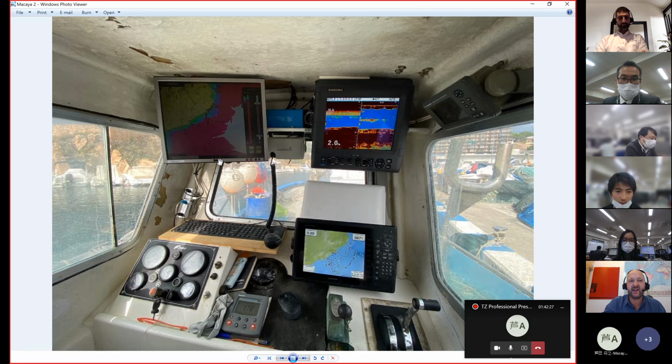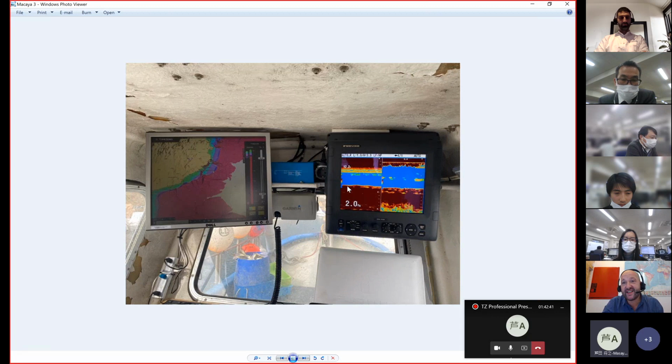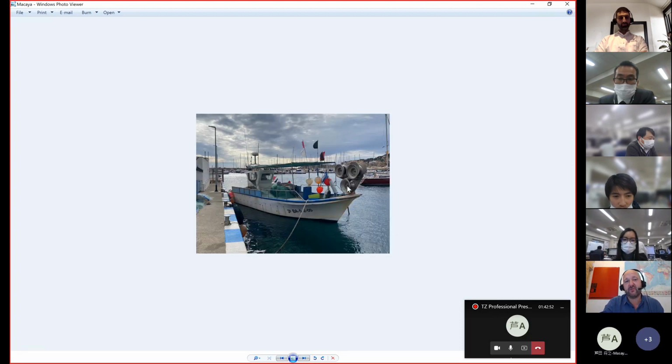Now he's very, very happy because he can filter with layers and everything, and he can record all of his tracks with no limit. He's using an FCV 1150, and that's it. Even on small boats with a low-education captain, this guy never touched a computer before, he's now very, very happy with TZ Professional.